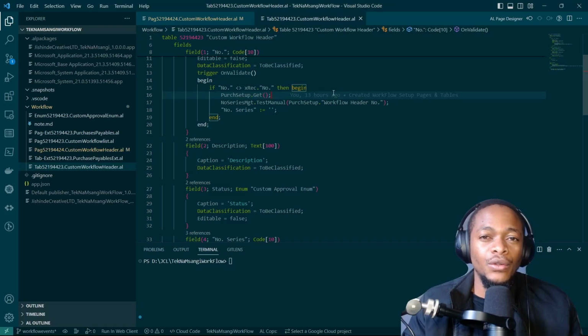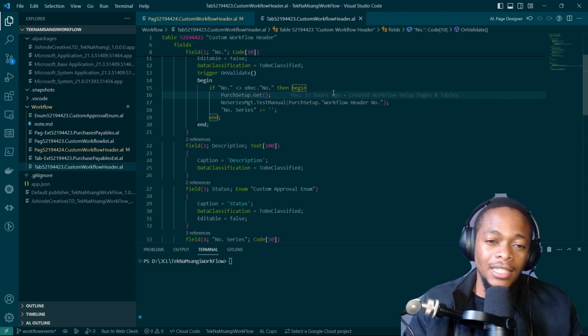Welcome to video 3 of the workflow series, and today we are basically going to handle the workflow events. We are going to publish, and we are going to subscribe to the events that are usually system generated for workflows. We will use the approvals management codeunit, the workflow event handling, and workflow response handling codeunits interchangeably where we